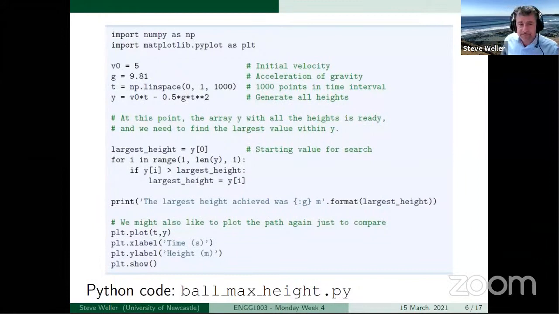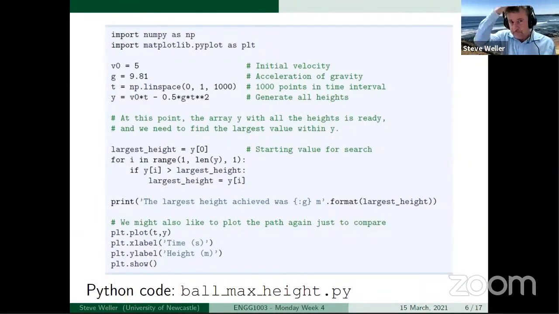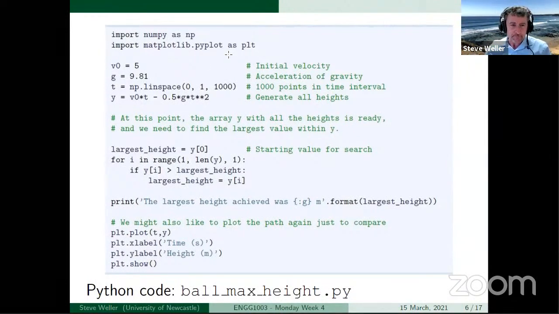So this code here, you've seen most of it before. The top chunk of code you've seen at least a couple of times now, both in week 1 and week 2. We've got a couple of import statements that allow us to use the NumPy numerical processing library, and we import the ability to produce some plots.